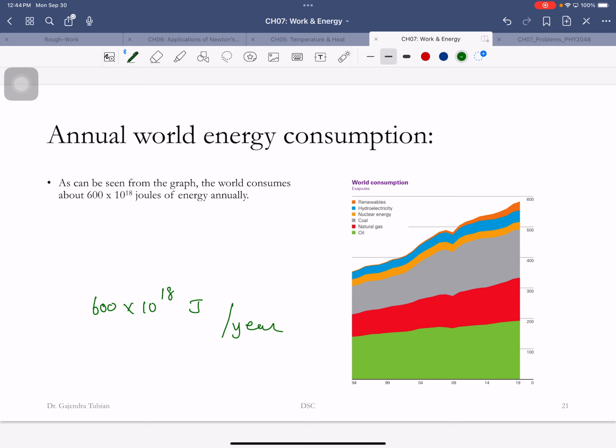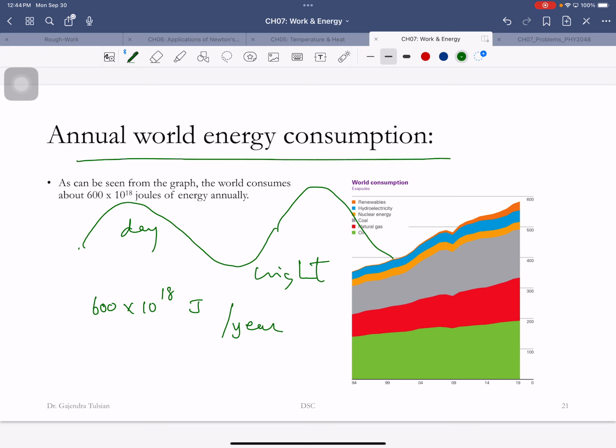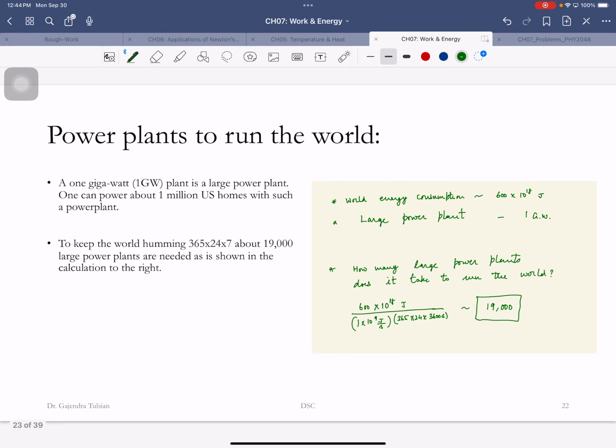Now, of course, the energy is not steadily used, in the sense that if you look at how much energy Daytona Beach uses in a day, the rate of energy consumption during the day is higher, at night lower, and so on. But right now, let's say the world uses the energy steadily, what rate of power, what power would you need? A gigawatt is